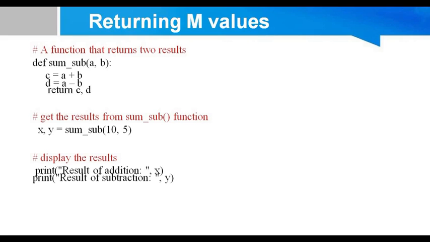See what I did here. I made a function named fsum_sub_ab. First I am calculating the addition of these two numbers, then I am calculating the subtraction of these two numbers. I am returning two variables, that is c comma d. This will not work in C or C++. It will give you an error, as the return statement always returns a single value at a time, but here it will work. And here I called this function and simply displayed the results of this function.